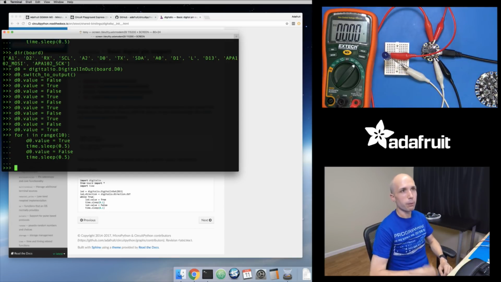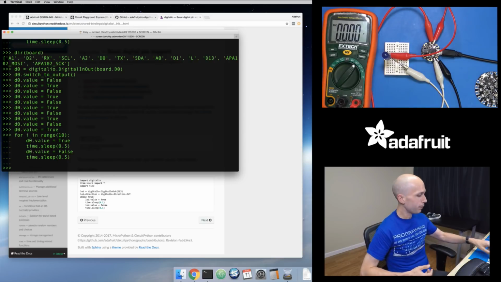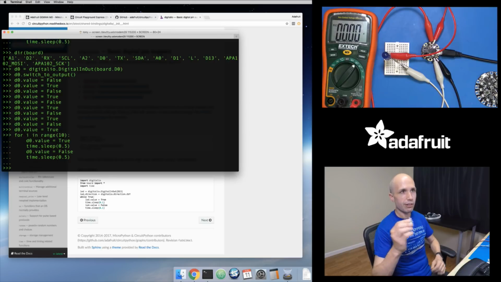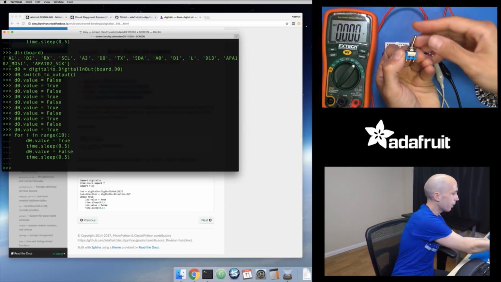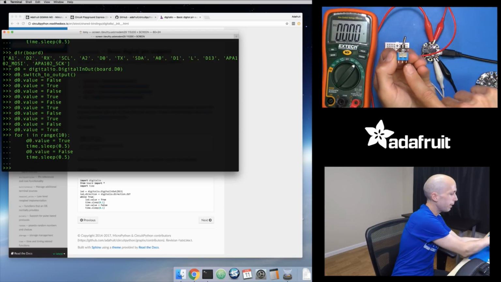We can say, I want to read whether I see a high logic level, a 3.3 volt logic level, or whether I see a ground, a low logic level. And this could be handy, for example, if you're using something like a switch. So this is a little three-way switch, a toggle switch,